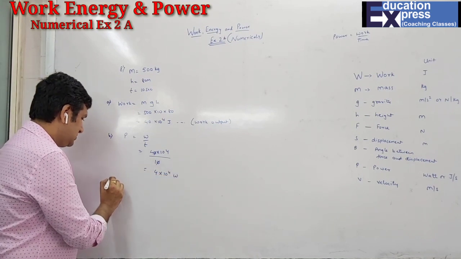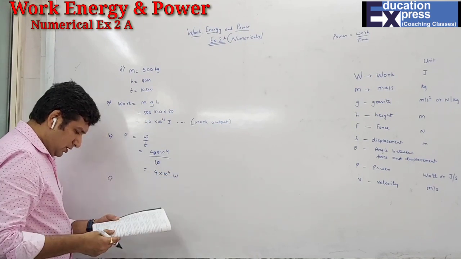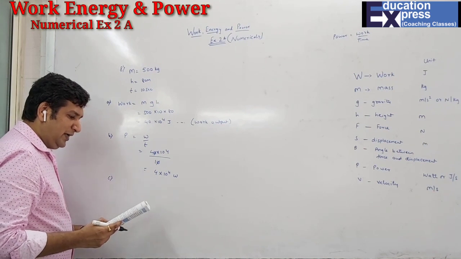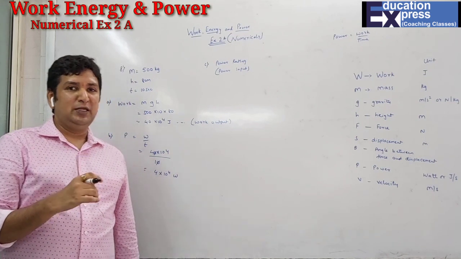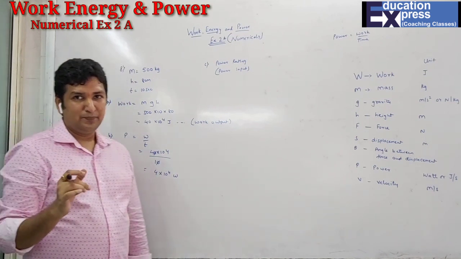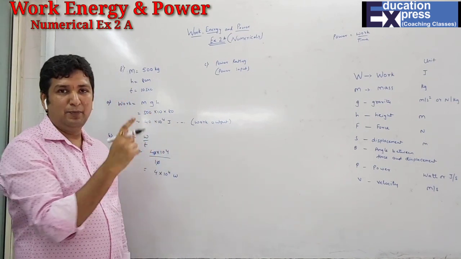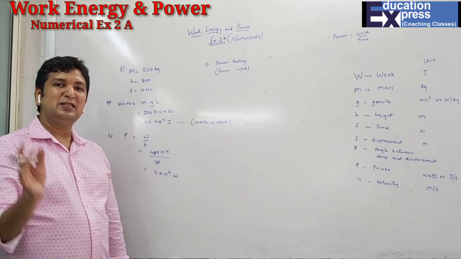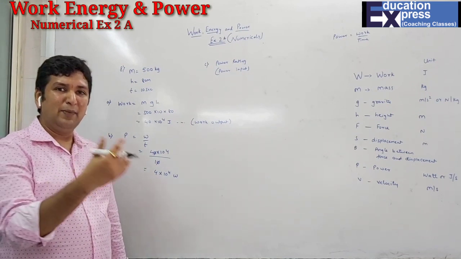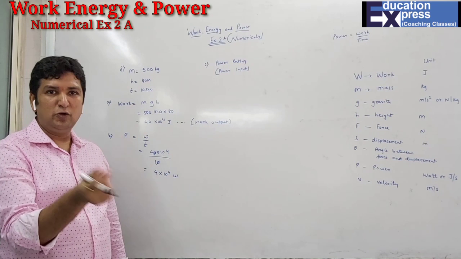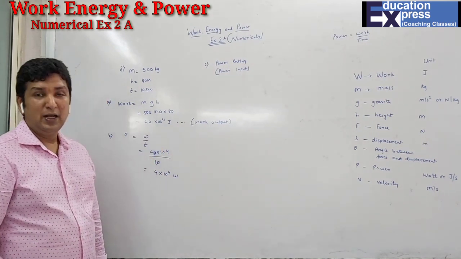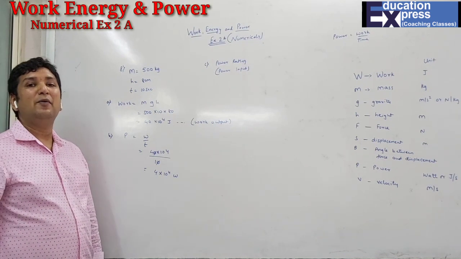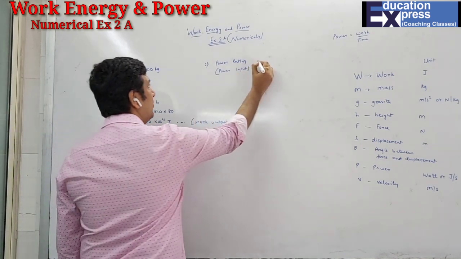And last is the C part: the power rating of the pump. Power rating, students: whenever you buy any machine, there is some power noted on it. That is said to be power rating or power input. But the machine will not work at the same input. Definitely the work done by the machine will be less as compared to what is rated. So what power is rated on it is said to be power input, and the power what you get is said to be power output. So we have to find power rating